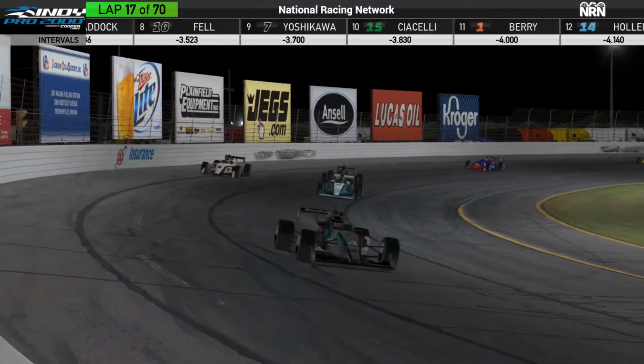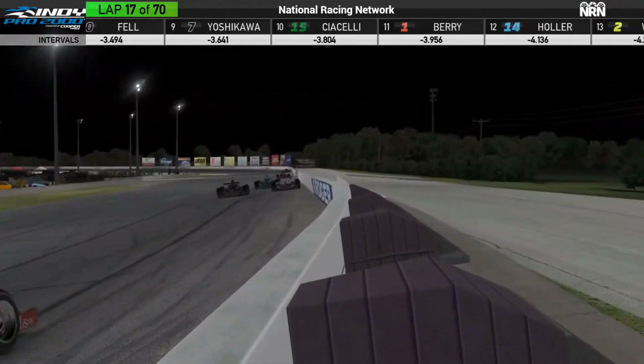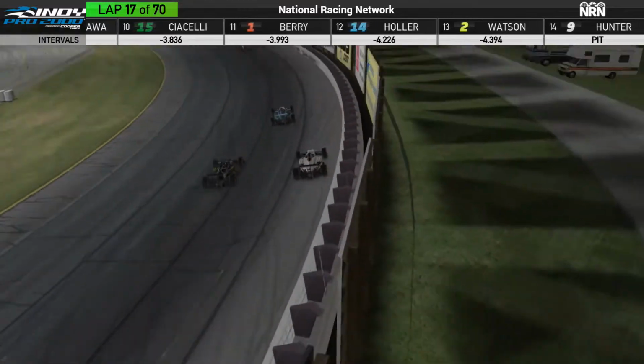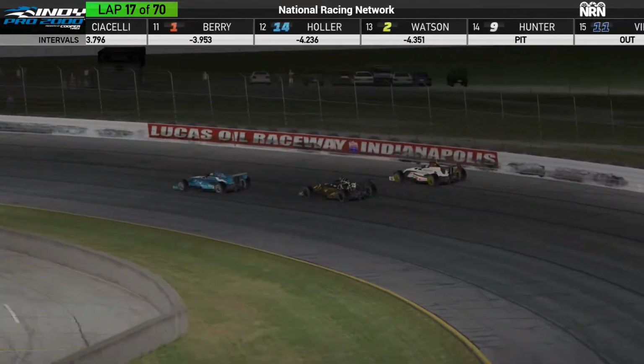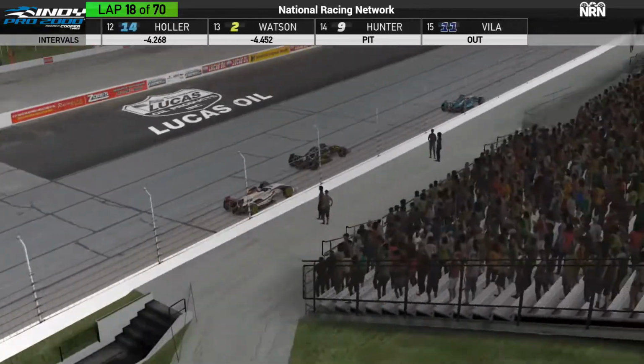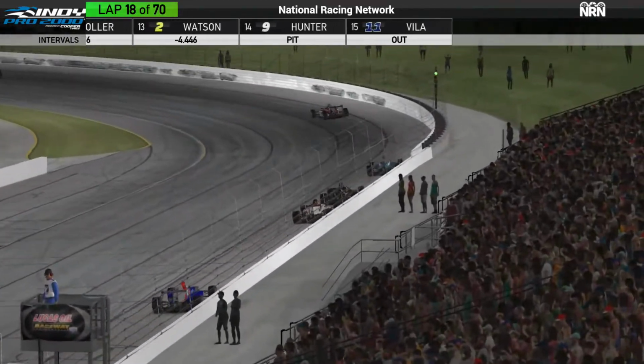We've talked about that, though. This is one of those tracks where you can do that. You can barely scrub the outside wall in the corner. On some tracks, you'll see it kind of grab the outside tires, kind of just magnetically pull you to the wall. But here, you can kind of just scrub it and barely not do any damage to the race car. Well,